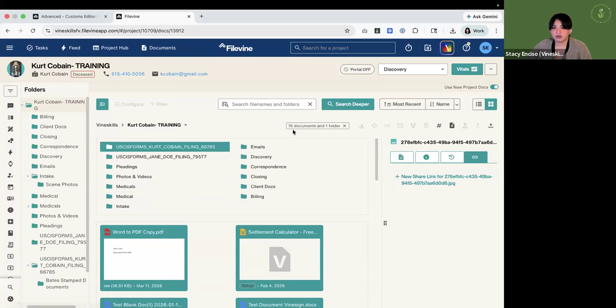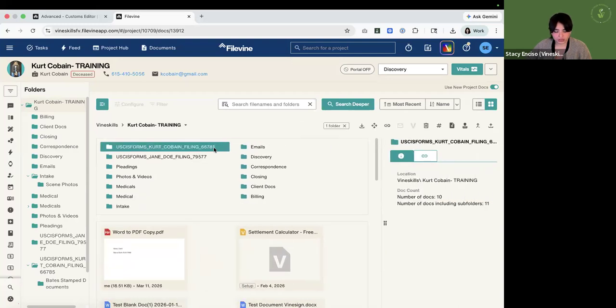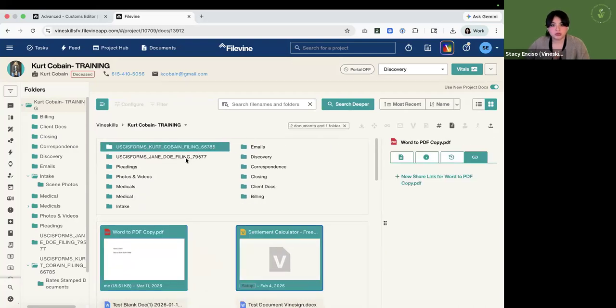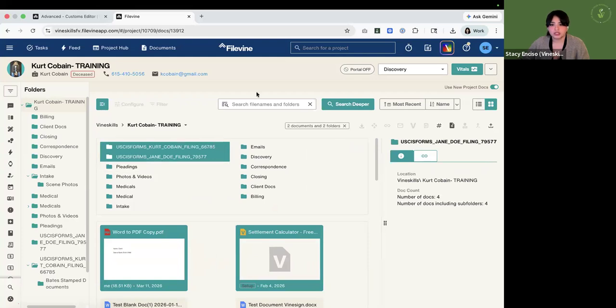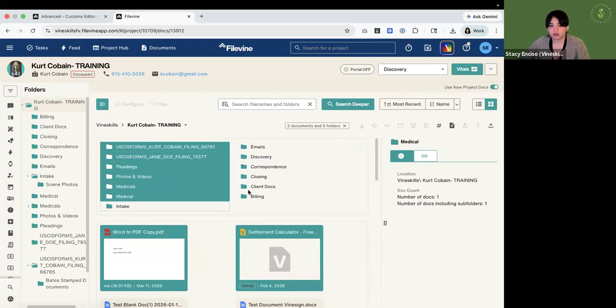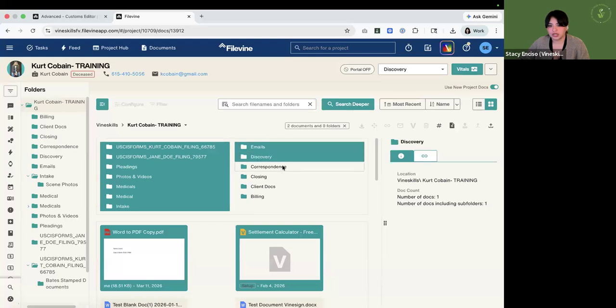Currently, we've only selected 16 documents in one folder, but typically you want to be able to select all of the folders. There we go. So you're going to click on Shift, and then you're going to use your mouse to select all of the folders that you want to share in the event that you want to share everything